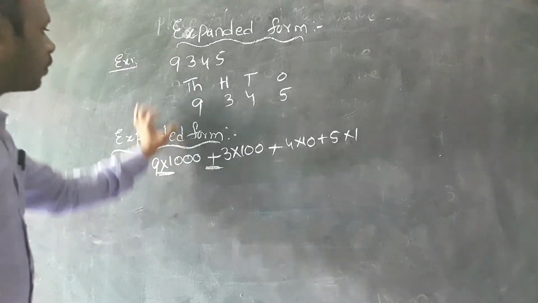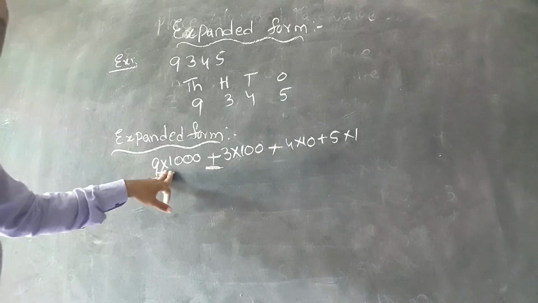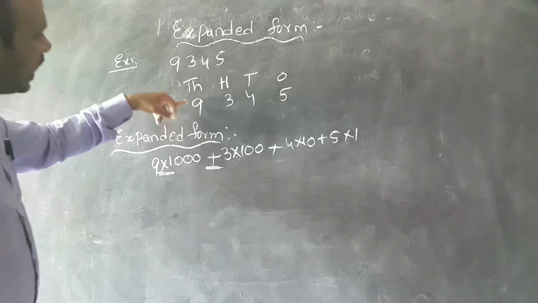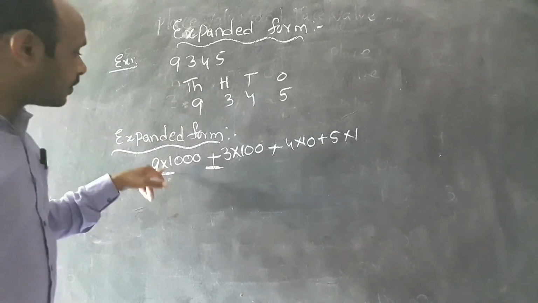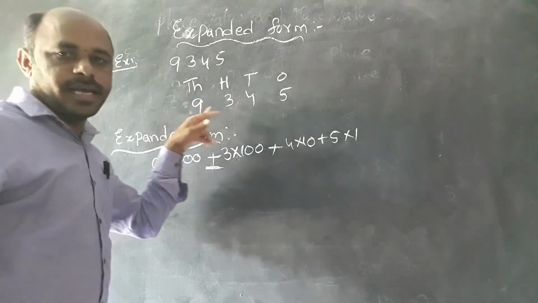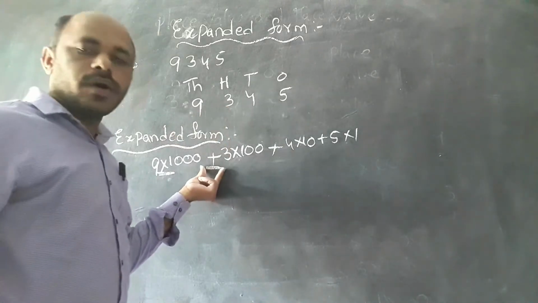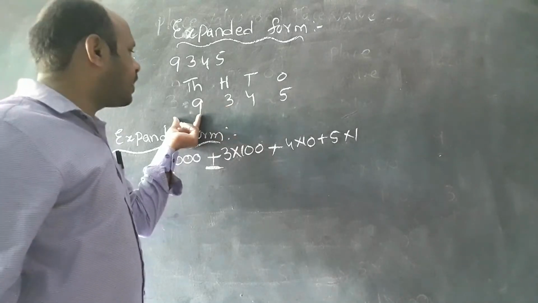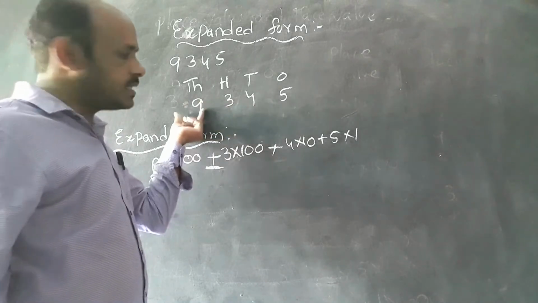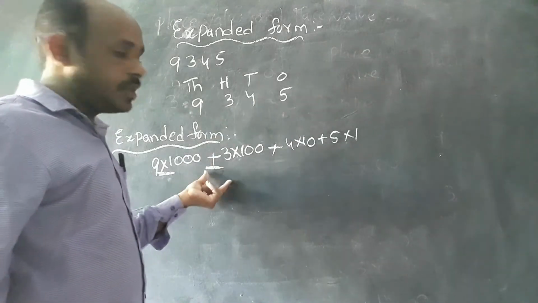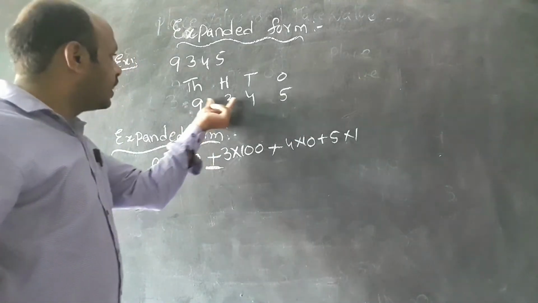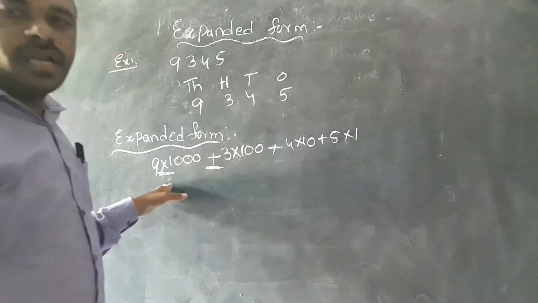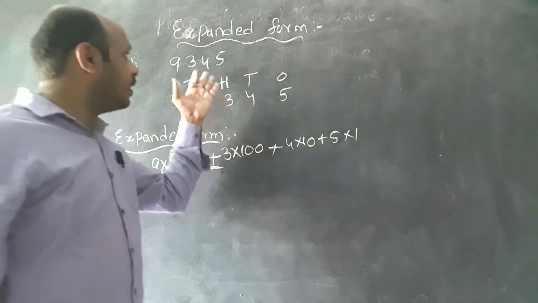See, we have to write the number into its place value first. Okay? How many of the number are there? With the place value we will write here. Then from one place value to another place value, in between two place values we have to apply the addition symbol compulsorily, because the digit value will be changed. Here the 10,000 place is there. Here the 100 place only. Here the 1,000 place is there. If you are multiplying here into 1,000, here also we can't multiply into 1,000. We will keep the multiplication symbol here. The value should be more than the given digit.